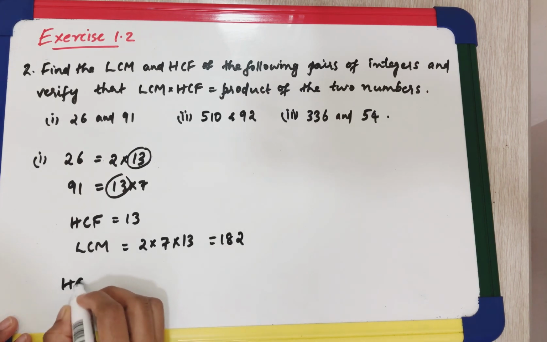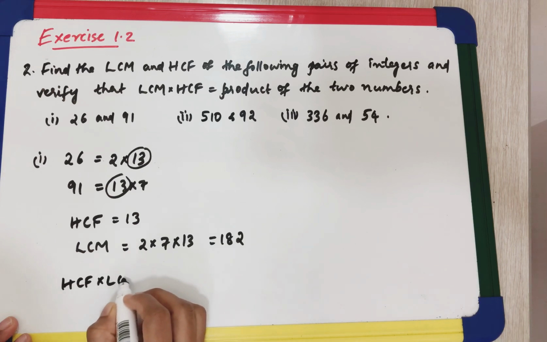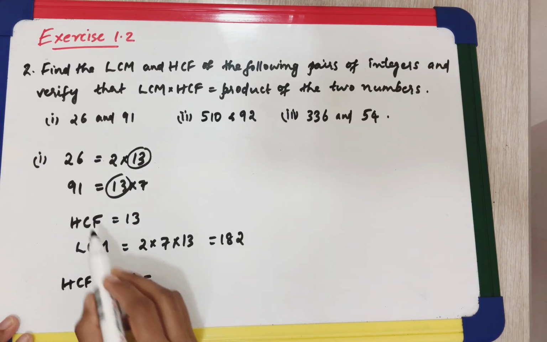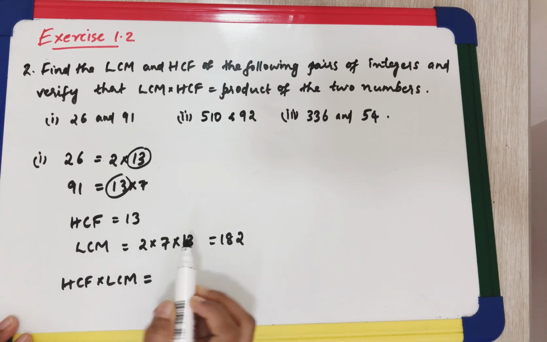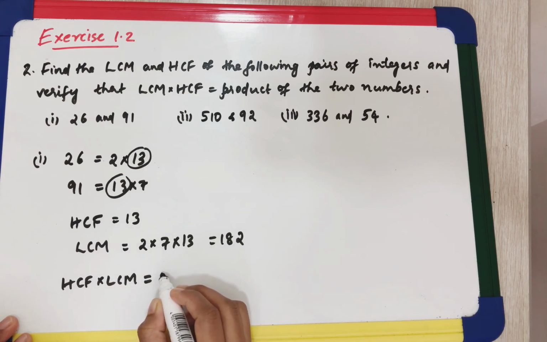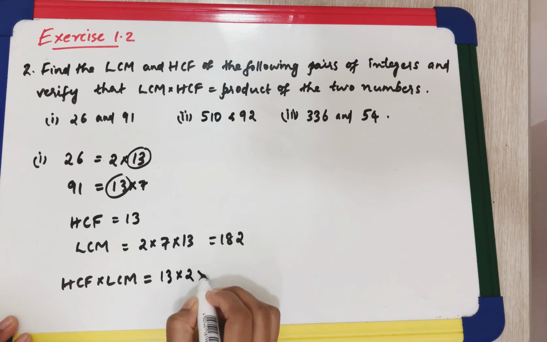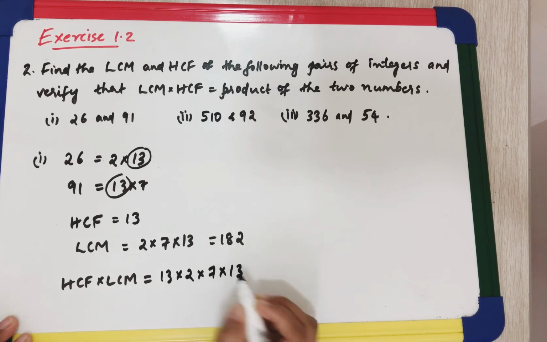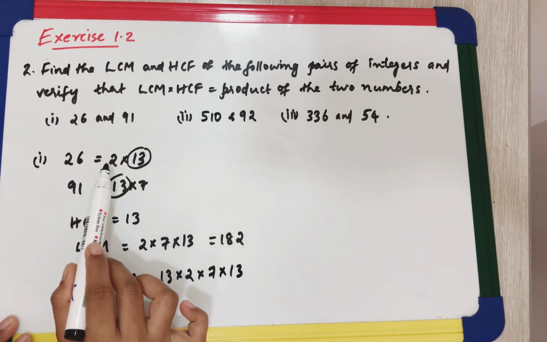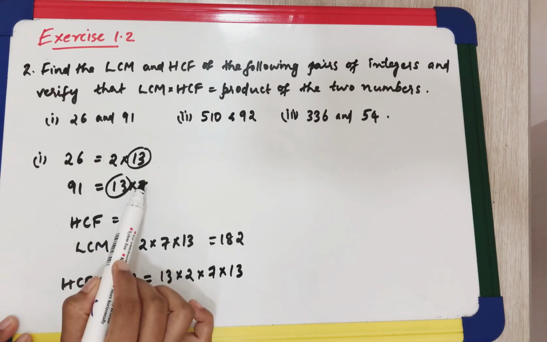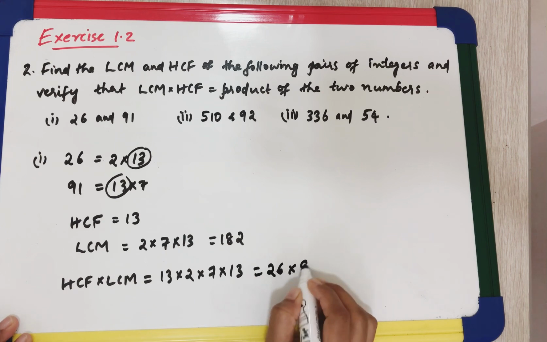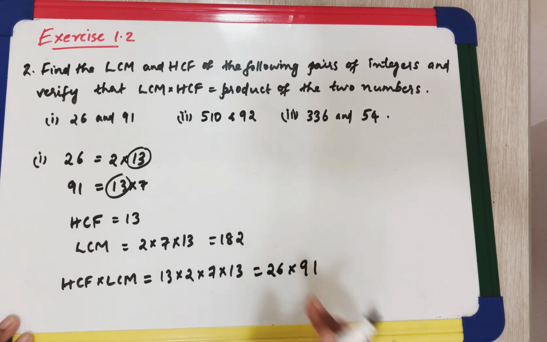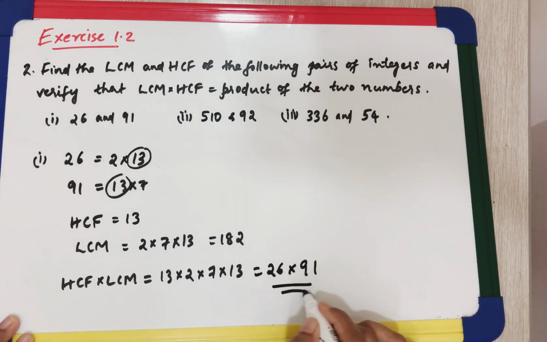Now HCF into LCM. Here HCF into LCM is equal to 13 into 2 into 7 into 13, which is 2 into 13 into 7 into 13, equal to 26 into 91, which is equal to the product of these numbers. Second one,